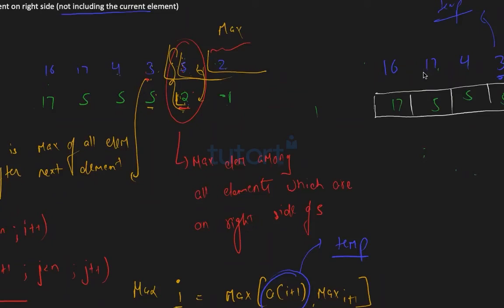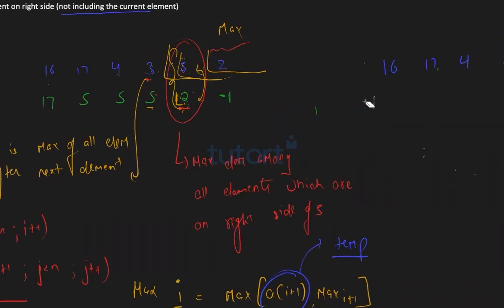To understand that, you need to understand what you need to get the answer, and how you are getting it. For example, for 2 it is -1, for 5 it will be comparing this and this, it will be 2, for 3 comparing this and this. What happens is, if you are not using an extra array, you have replaced 5 with this 2. Your 5 will be lost. If you are not using an extra array, your 5 will be replaced by 2, and your 5,